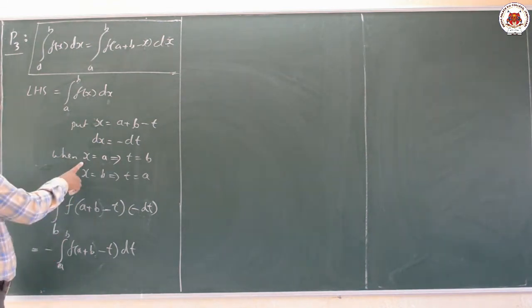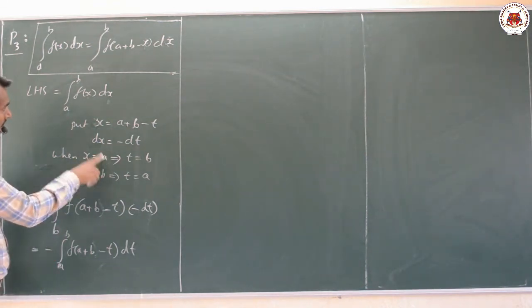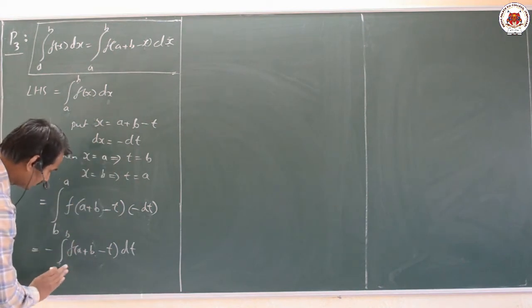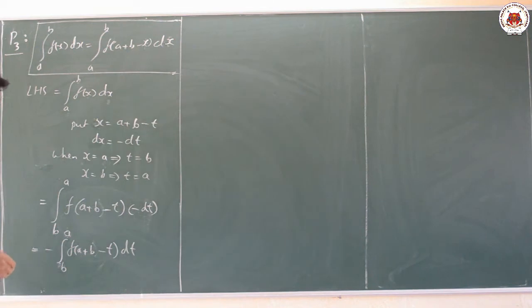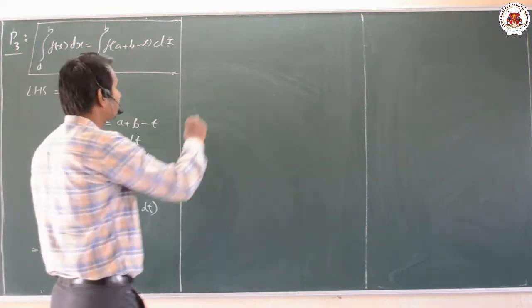We can observe that when x equals a, the t value is b. Here the lower limit will be b, and here it is a. Now here, by making use of the second property, we know that